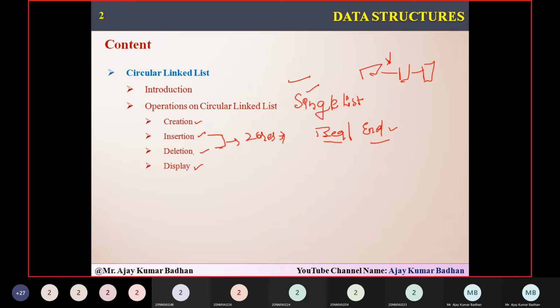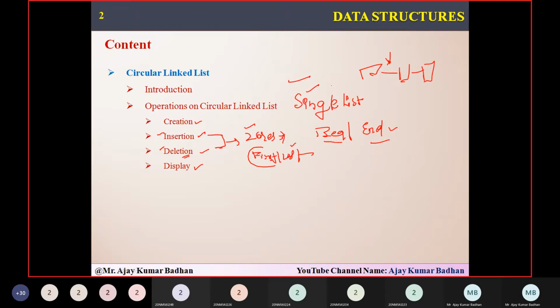In the same way for deletion, after a given node or before a given node, the code we discussed in single linked list, you can use the same code for circular linked list too. But coming to deleting the first node or deleting the last node, there will be some changes. Those are very simple because it is a circular linked list now. If you're removing the last node, then the previous node should point to the first node. In the same way, if you want to delete the first node, the last node should point to the second node. That is the difference we have. That's the reason we are discussing only two cases for insertion and deletion.